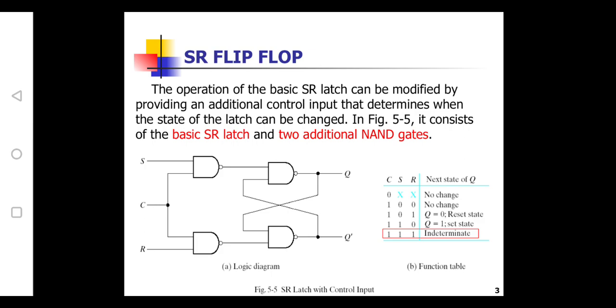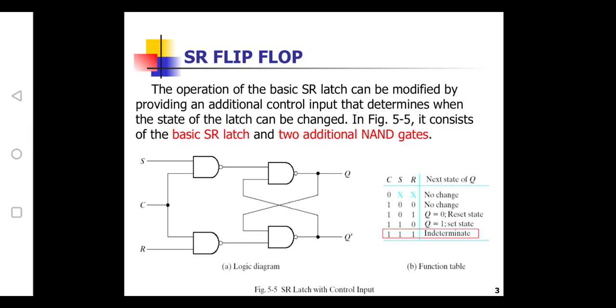In order to understand the working principle of an SR flip-flop, we need to assume the S and R values. As we know, in a sequential circuit the output not only depends upon the present input, it also depends upon the previous output. So in this case, we need to assume that the previous value of Q may be either 0 or 1.